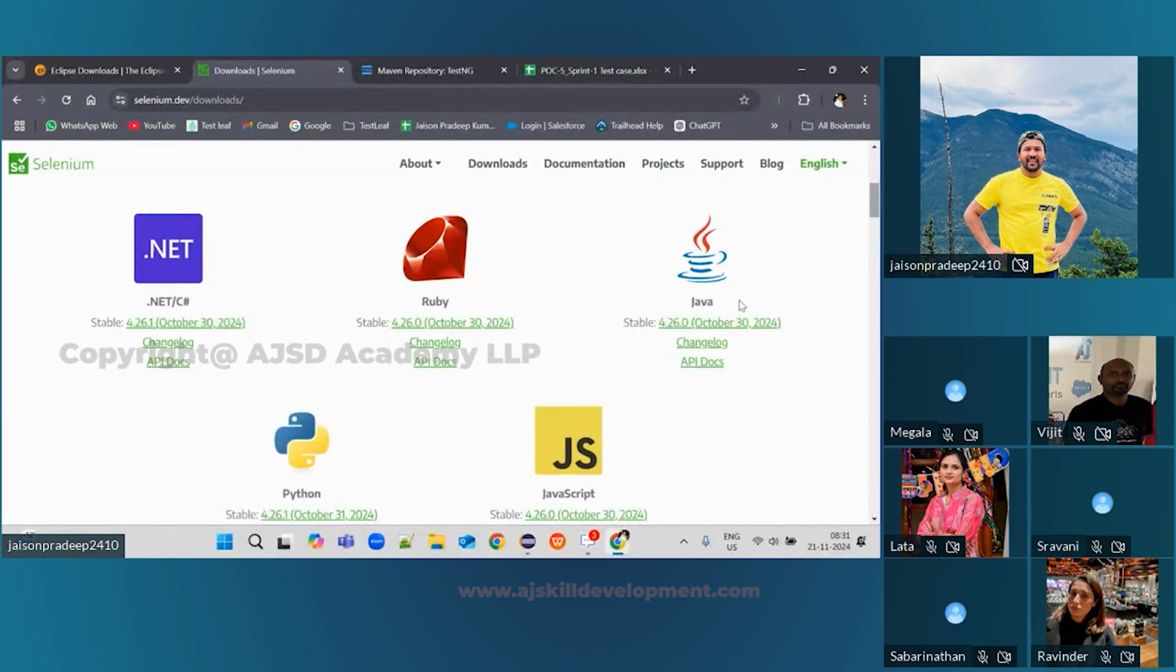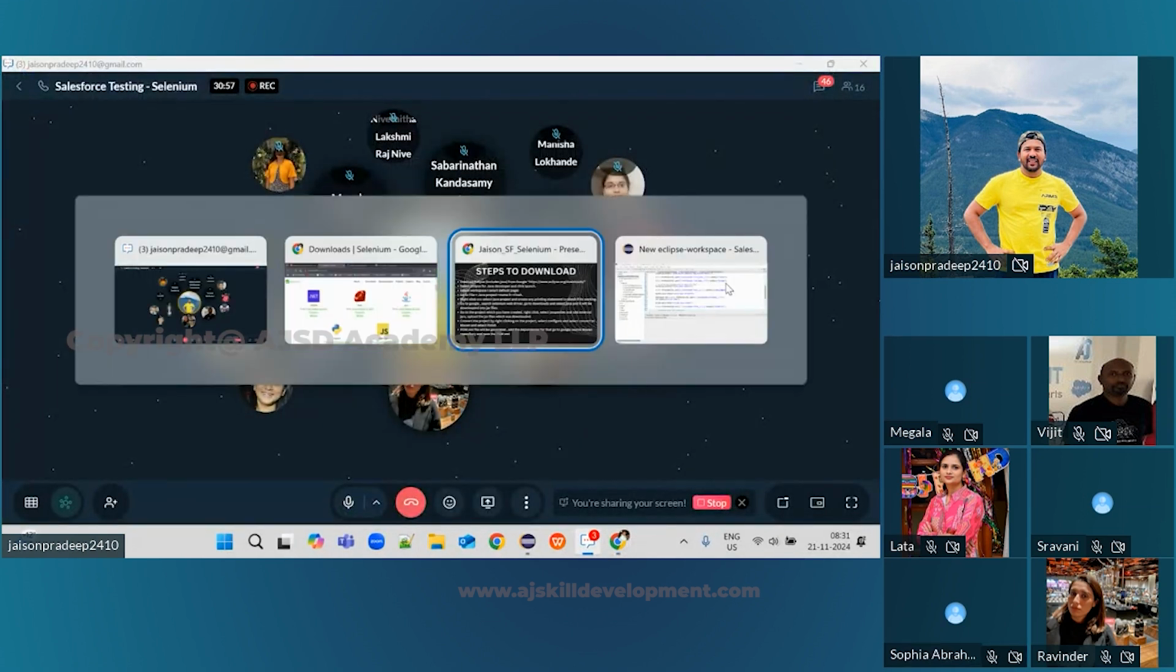Because we are using Java, we can download Java. If you are comfortable with different languages, based on that you can download. It also supports Python, JavaScript. So I have downloaded Java. After that, we also have to download